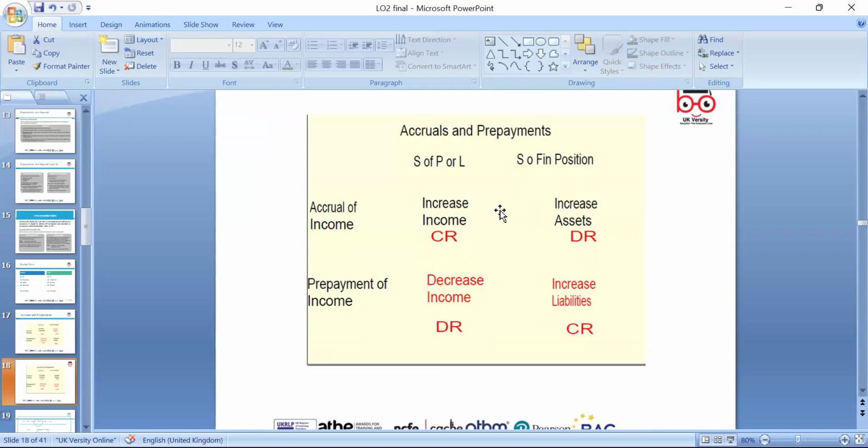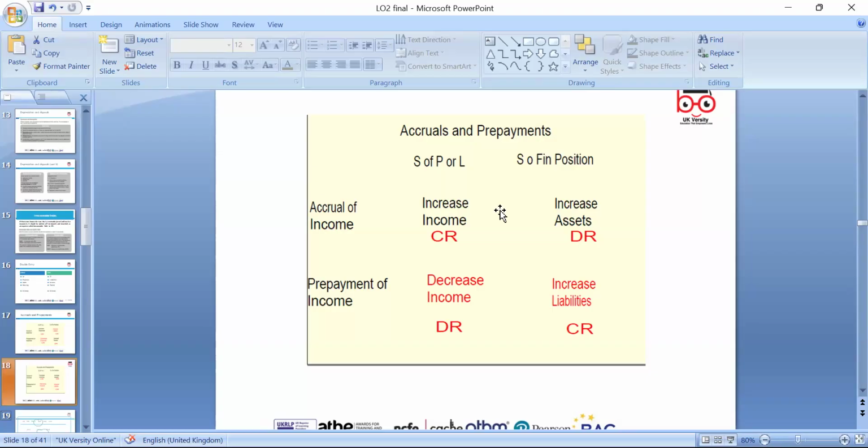You receive an advance for services you have not yet provided, which is a liability, like a construction company. You have received the money as a builder, but you have not really started the construction work, or only part of it is done, so we need to make sure of the proportion. When you receive the money, you debit cash and credit sales, then you need to debit the sale and credit the